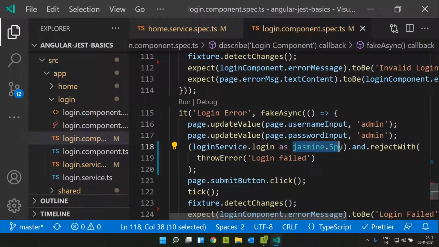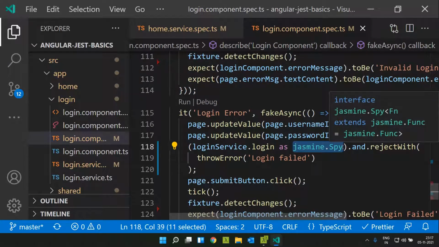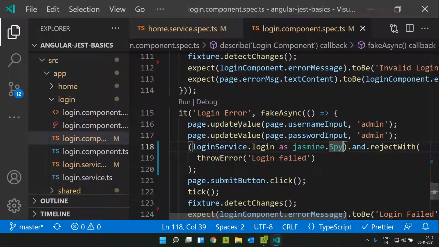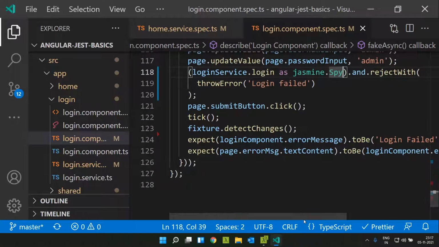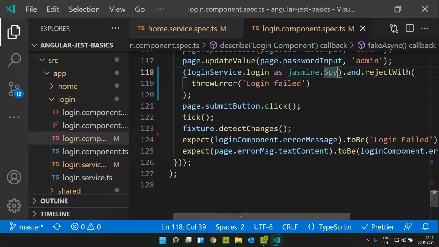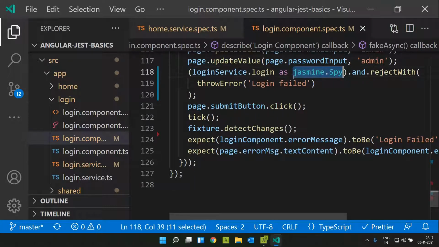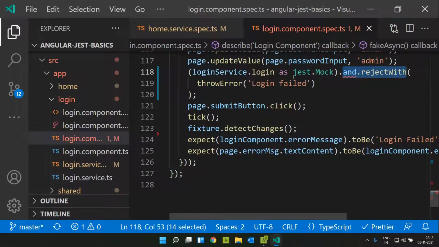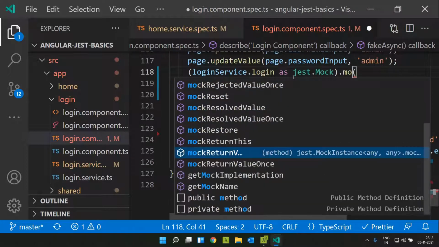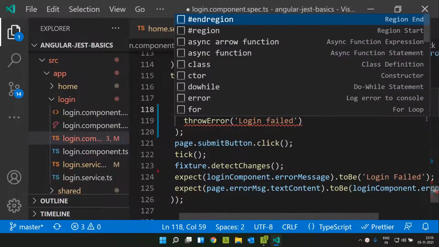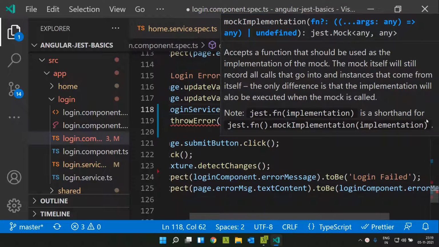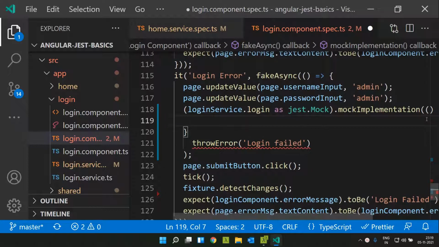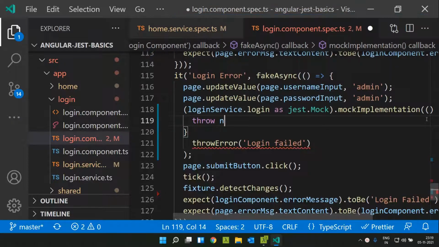Here we have the rejectWith. Basically this is an error scenario in which we are throwing an error from within the API code, so that a particular error message will be displayed, that is login failed. So here again we need to change it to jest.Mock, and here for rejection what we can do is use a mockImplementation, and here you can call an anonymous function, and inside that you can throw a new error.